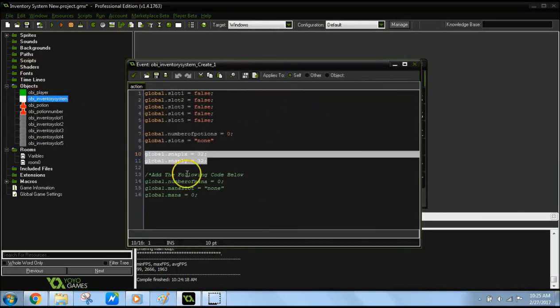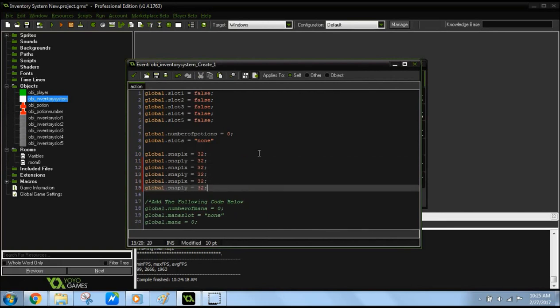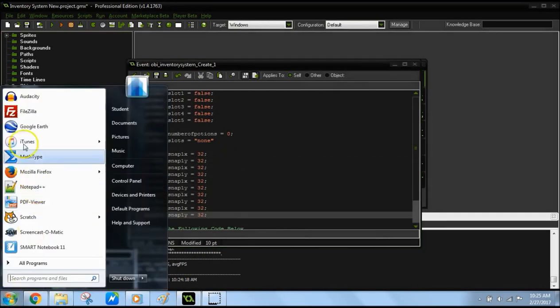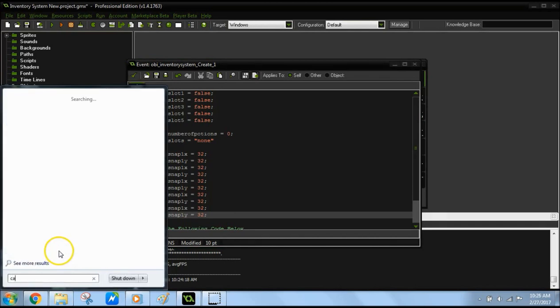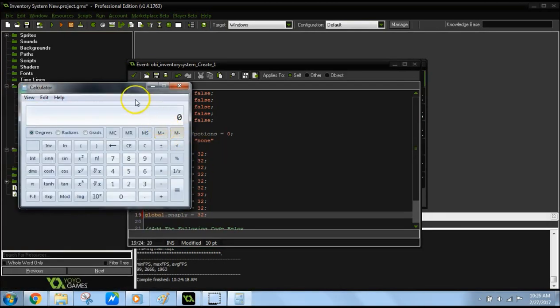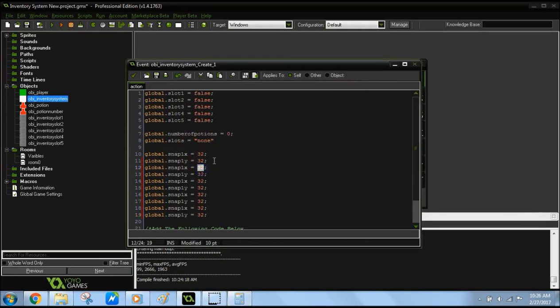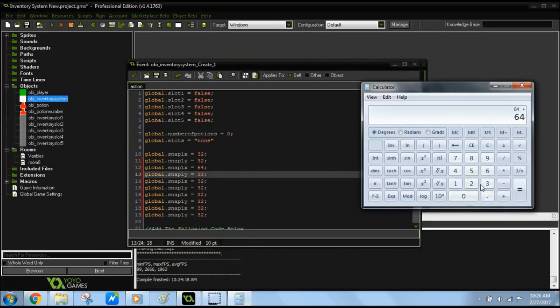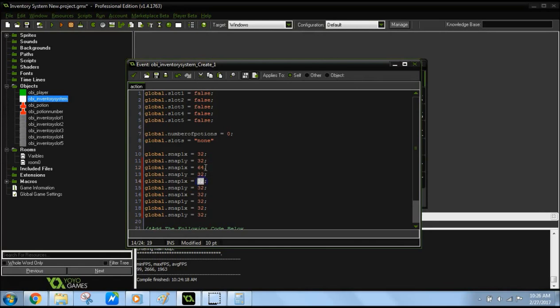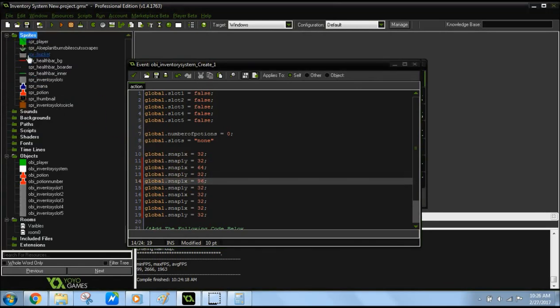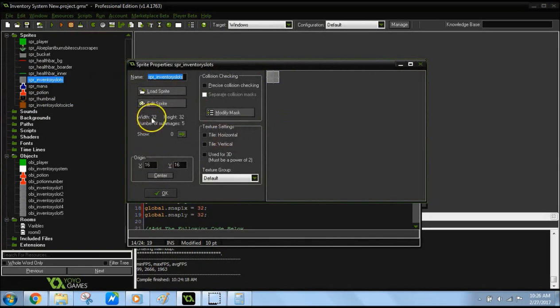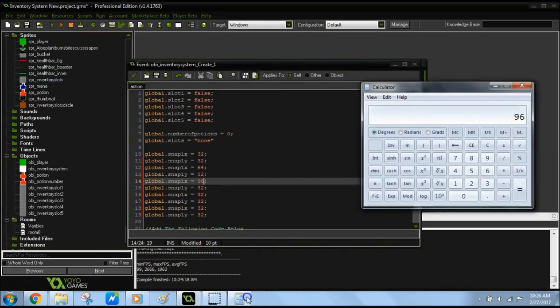So now that we've put all those in there, we're going to go into our inventory system and apply the code right here. So we're going to make 2, 3, 4, and 5. I'm just going to pull up my calculator right now, so this is going to come in handy. If we do 32 plus 32, that's going to be 64. So we're going to change this to 64, but we're going to keep the y's all to 32. If we add this by 32 as well, that's going to be 96. The reason why I'm doing 32 is because of the inventory slot here, 32 by 32. If I add another 32, 128,